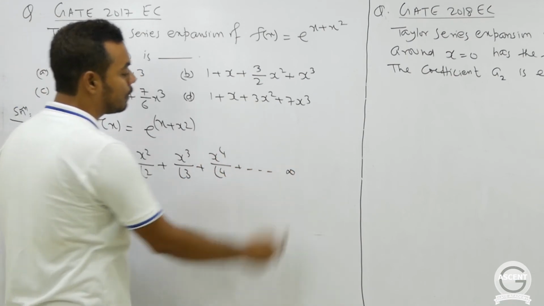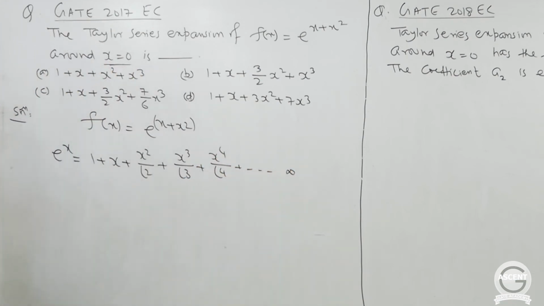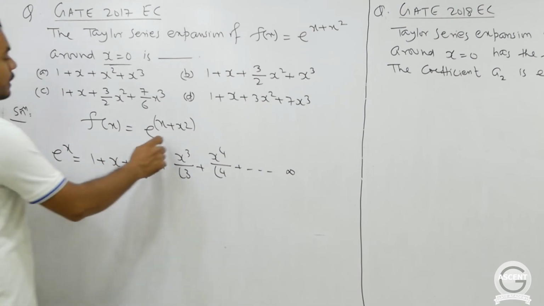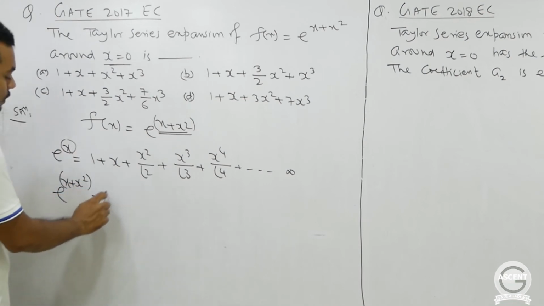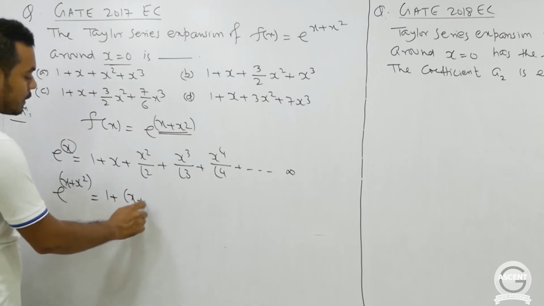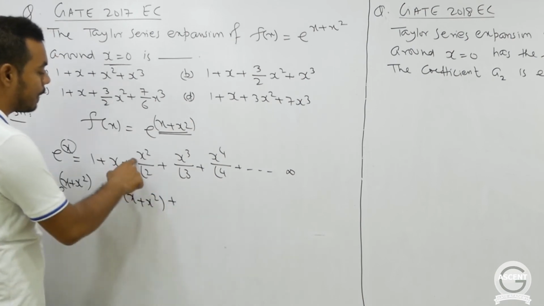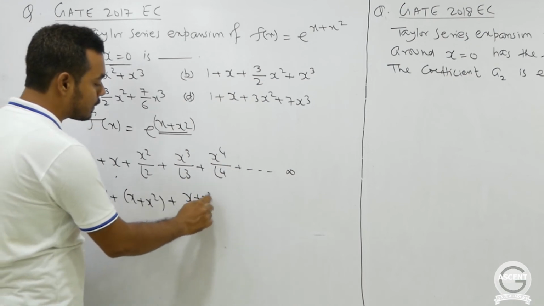This will continue up to infinity. So now we need to write the expansion of this function e to the power x plus x square. So we can simply replace this x by x plus x square in this formula. So I'll get 1 plus x square plus,